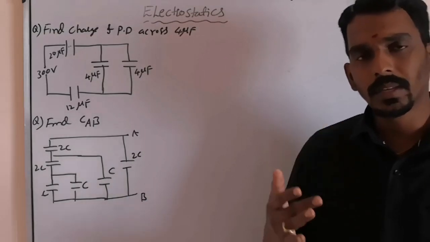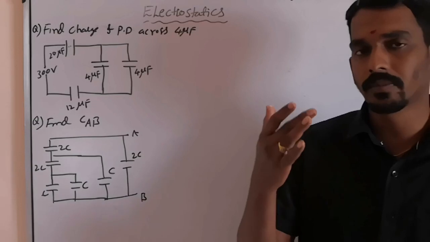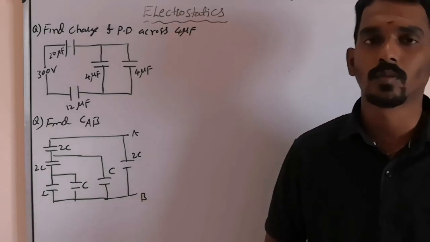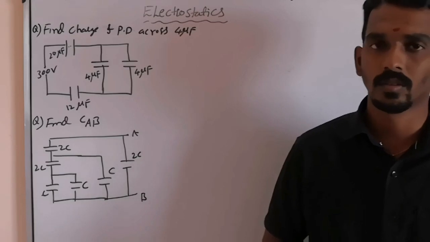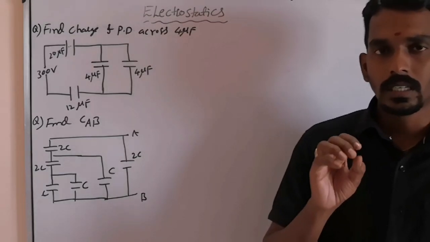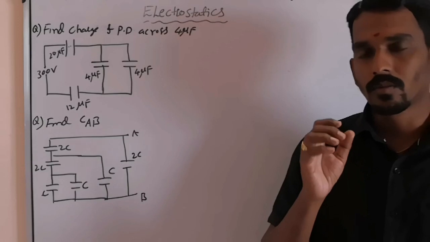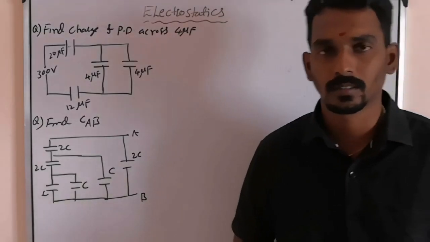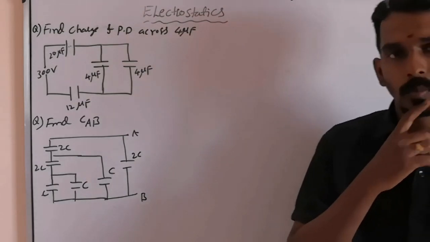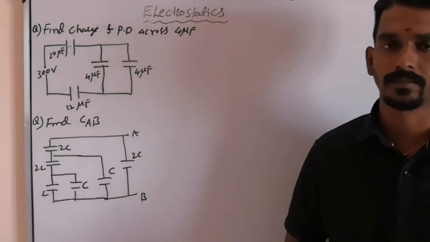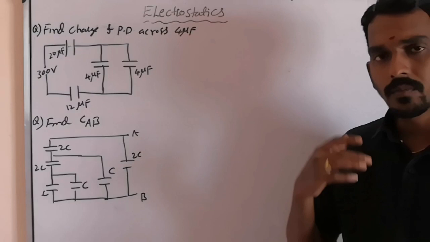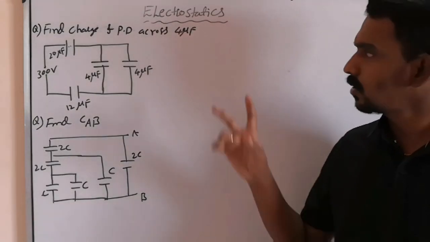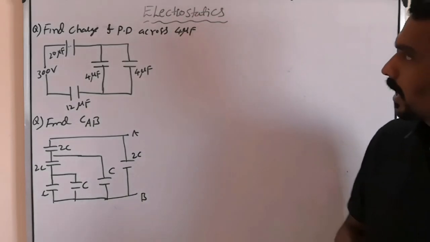If you solve similar kinds of questions, at least some 50 questions, then definitely you will get at least 2 questions correct. That way you need to sort out from each chapter and focus more on those things. All the important topics we will give later, don't worry, so that you can focus more on those things. Similarly, let us discuss 2 more questions based on capacitors.